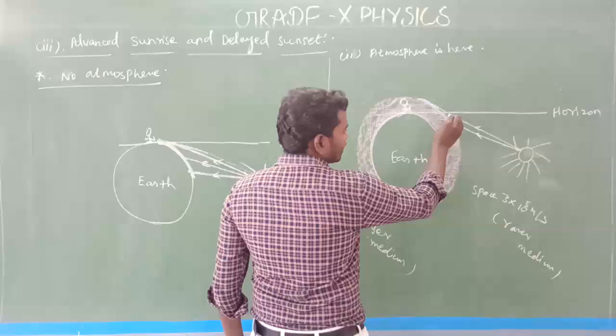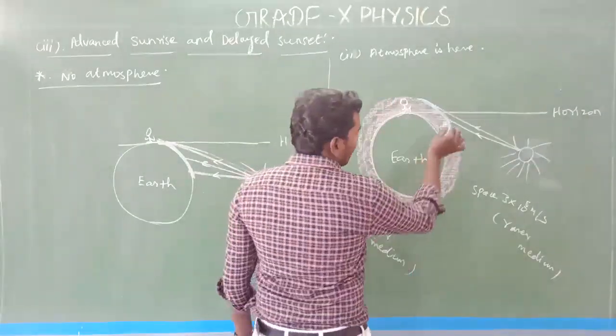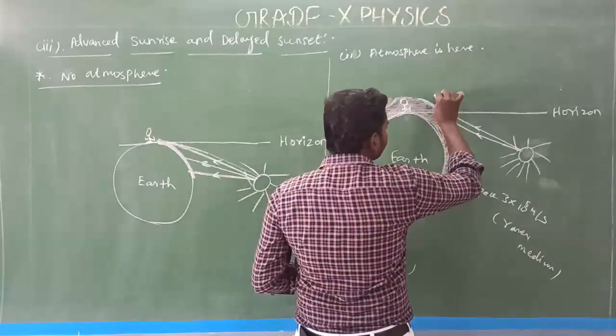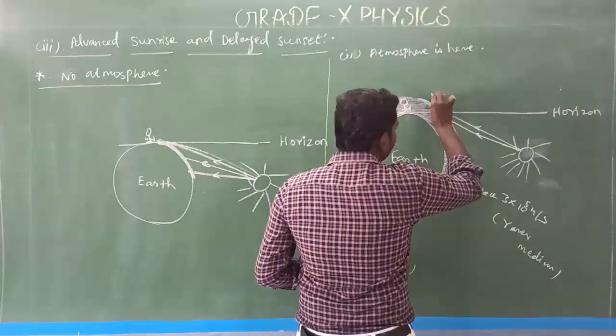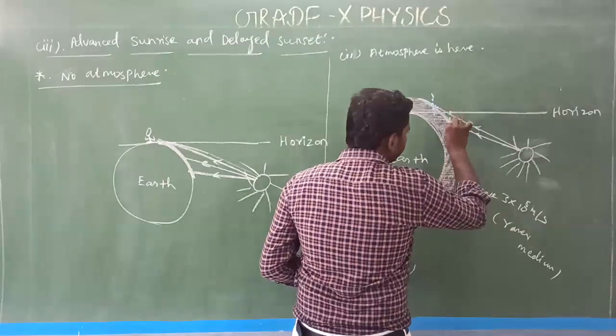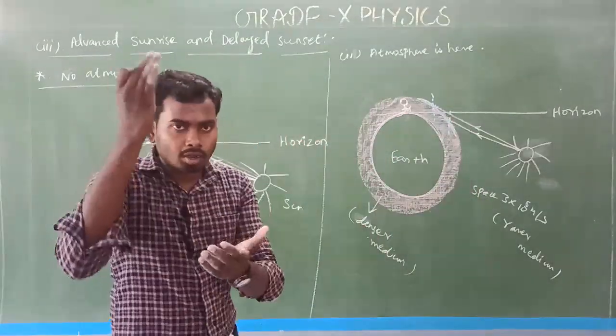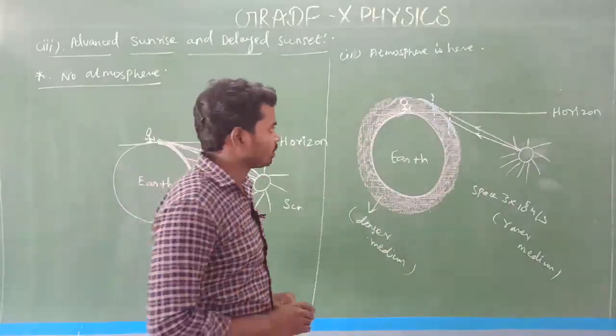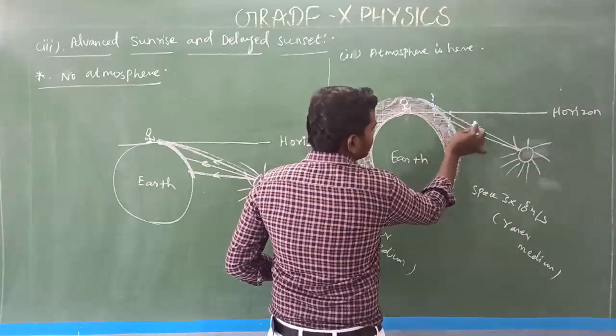This is the point of incidence. So draw the normal. Actually, the surface is not a flat path, it is a curved path, so the normal will be like this. And here also the normal will be like this. This is not a plain surface, it is a curved path. Is it clear? Yes. This one is the incident ray.